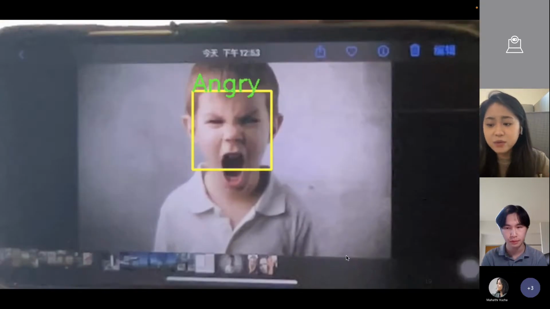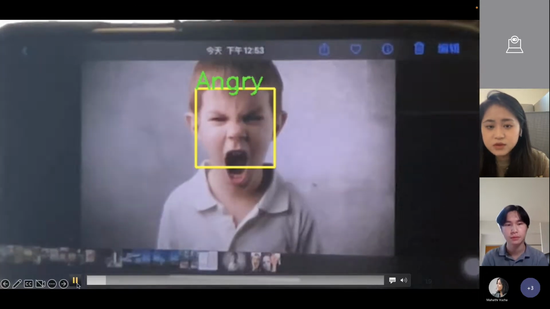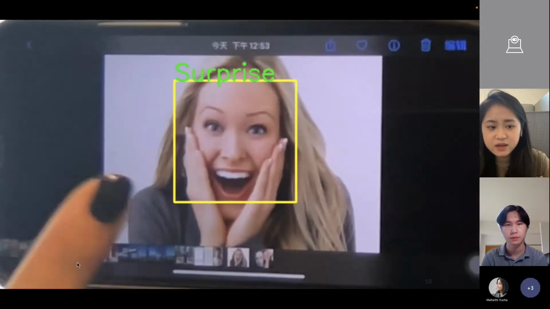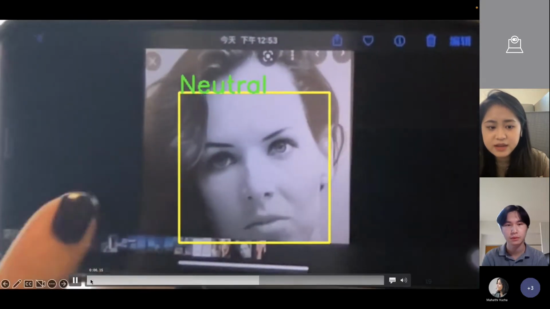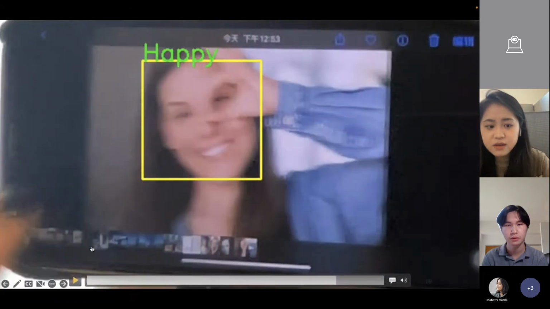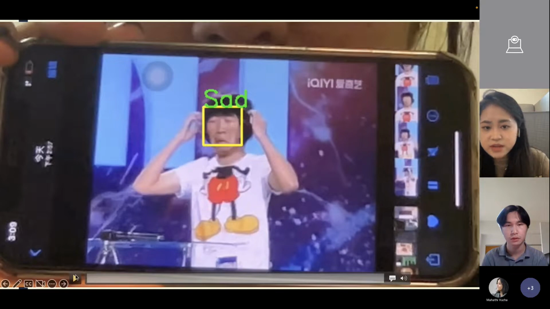And this is the demo. With this picture I collected from the internet, the model can identify the different emotions of the face. And there was another demo. This one is a very famous actor in China.